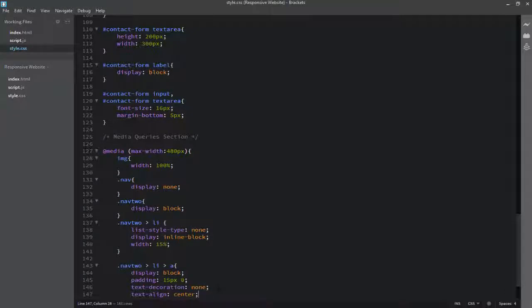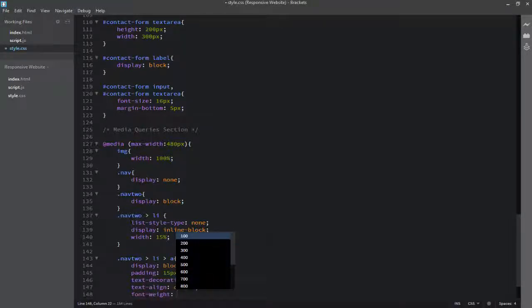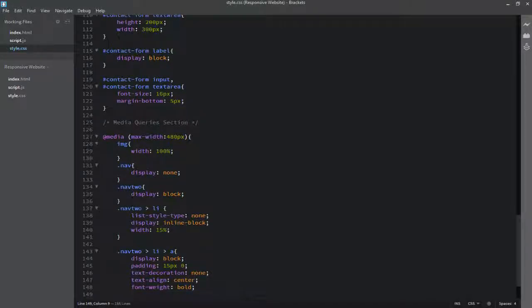Okay, now I will specify the font weight for the navigation, which is going to be bold, and the background, which is going to be the color #222.